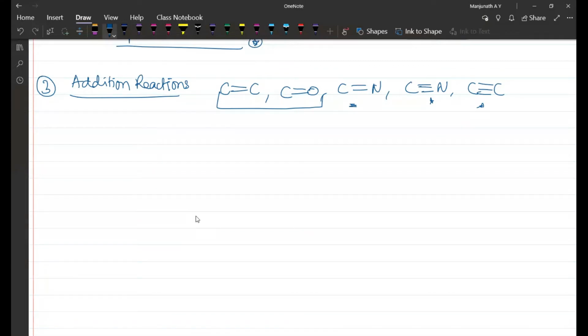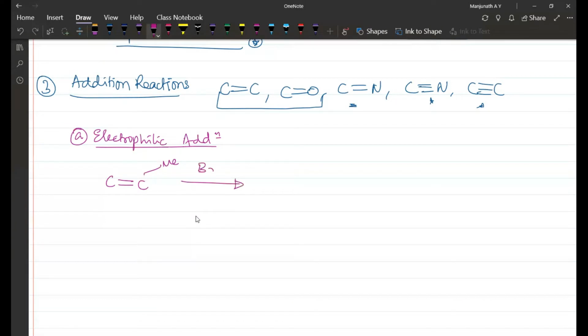Okay. So the first one we will see is electrophilic addition. Again, addition can be electrophilic as well as nucleophilic. So first we will see the electrophilic addition reaction. This is a main class of reaction for alkenes actually, C double bond C. Let me explain it using propene. So what exactly happens?